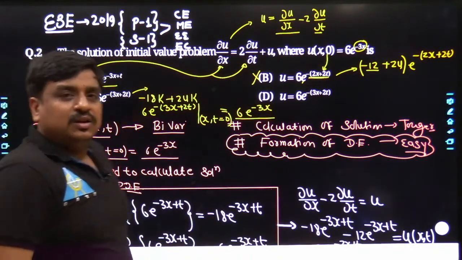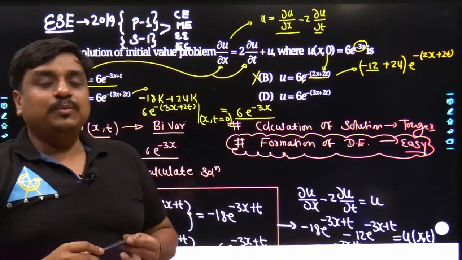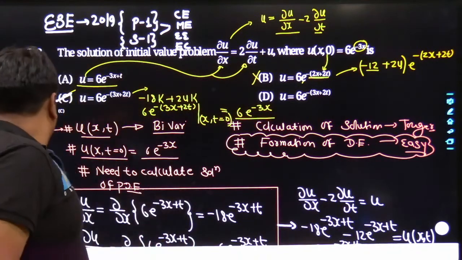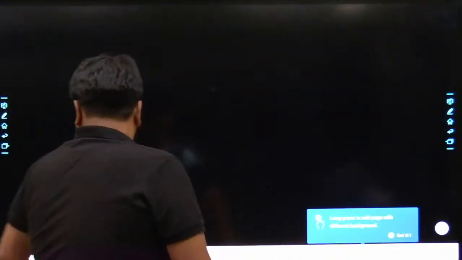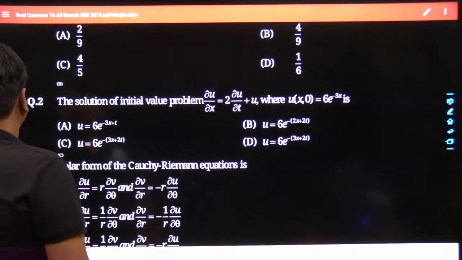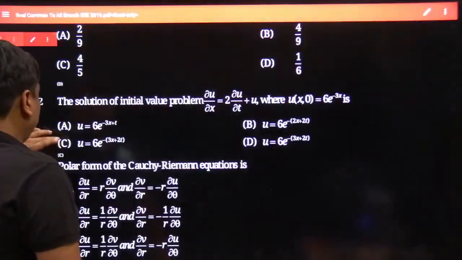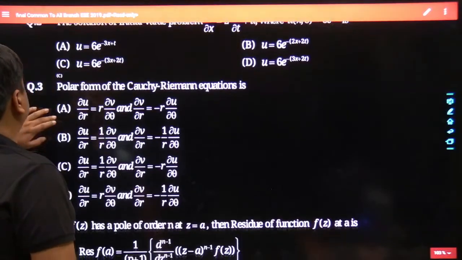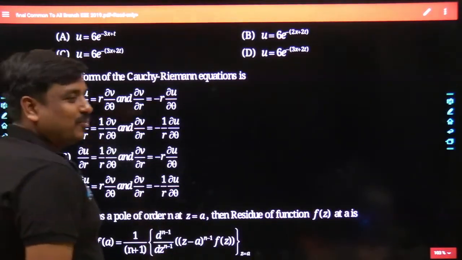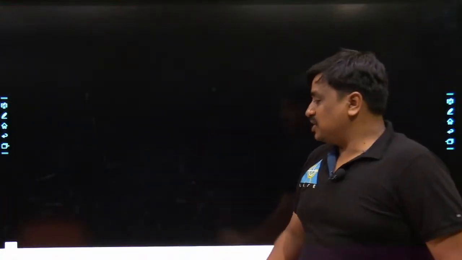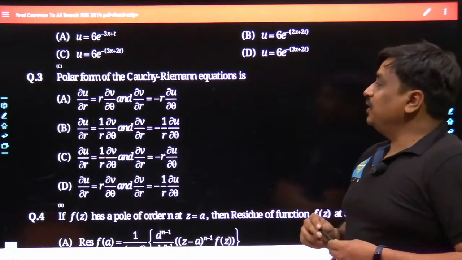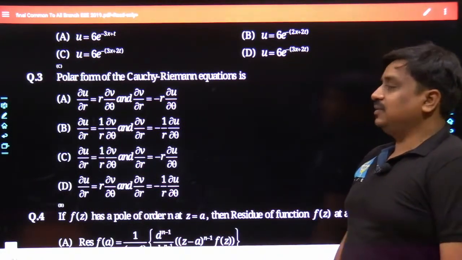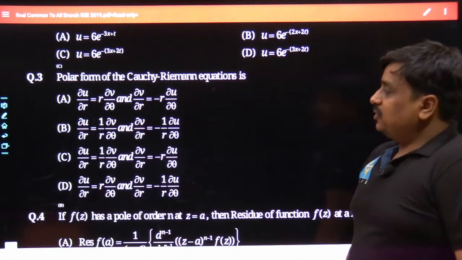Once we are done with the second question, it's the right time to move forward and go into the third question. Here goes the third question. Although this sort of problem is rarely asked within the GATE examination, this question has come in the engineering services examination. The polar form of the Cauchy-Riemann equation is, the options were given as: